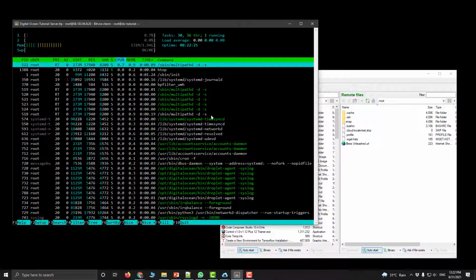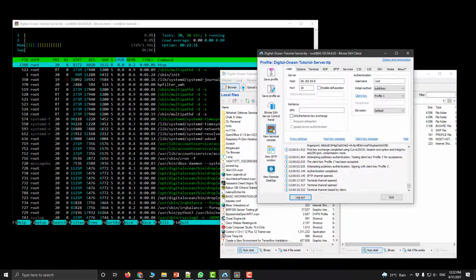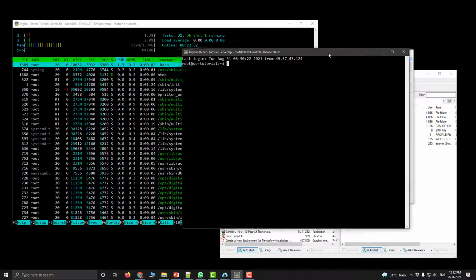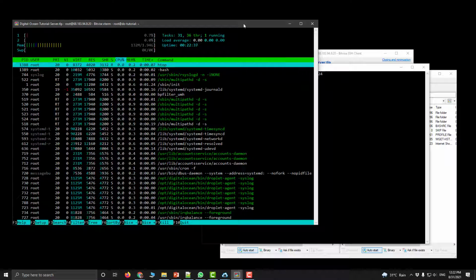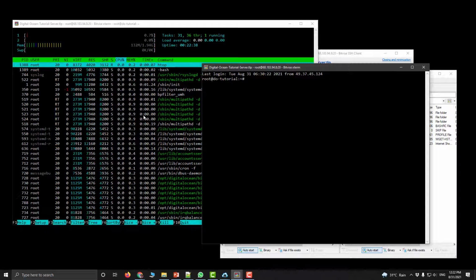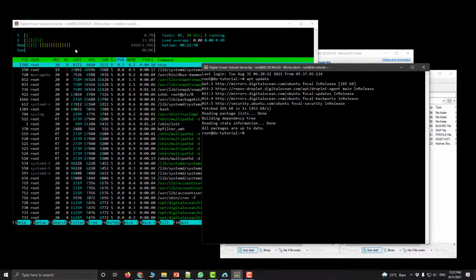So this helps a lot, especially if you are, let's say, running some programs which are hanging or hogging up the system, then you can open this up, or you can keep it opened in another terminal, and in real time you can monitor what processes you are using. For example, if I type here apt update again, as you can see the CPUs spiked.